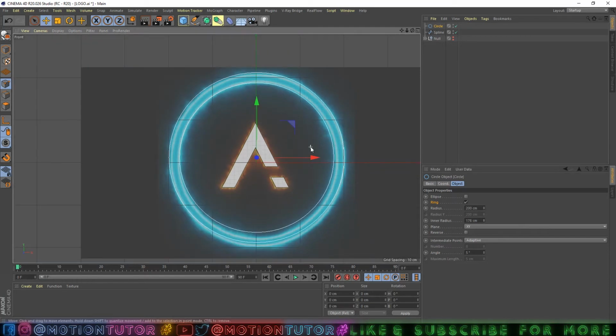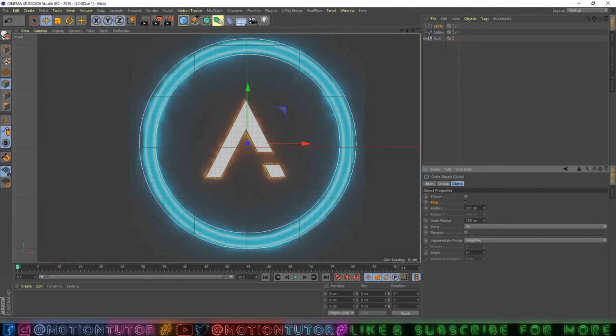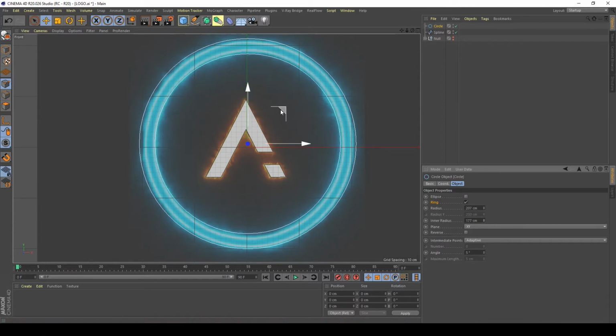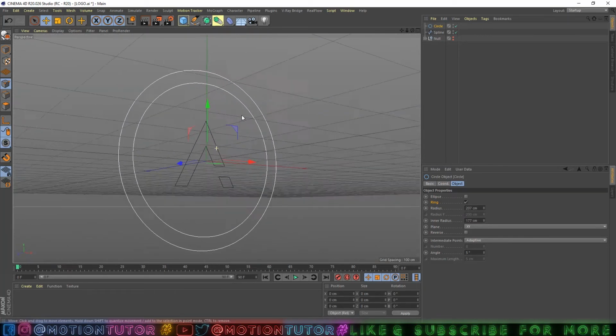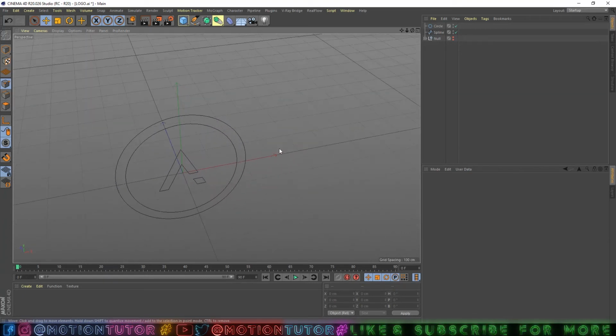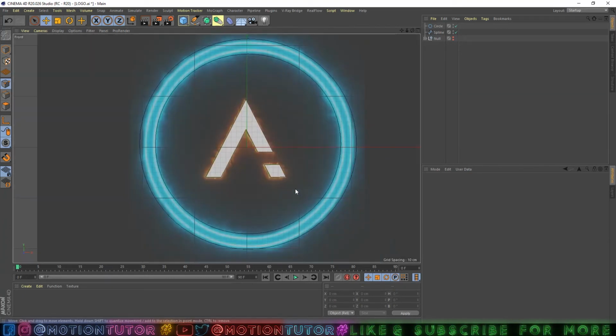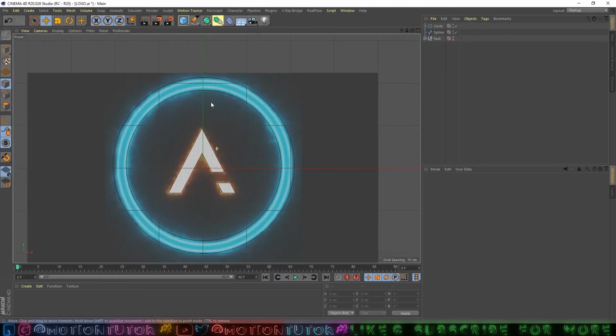So you can see now we have a similar size. If I increase this size and this size, you can see now we have the complete logo in just a couple of minutes. So you can see how you can trace your logo manually in Cinema 4D.